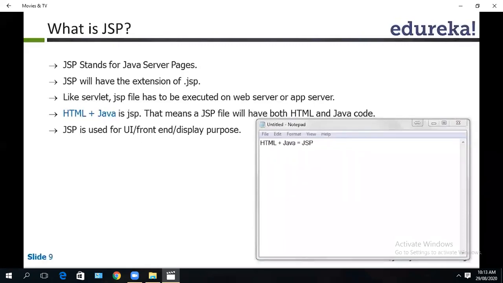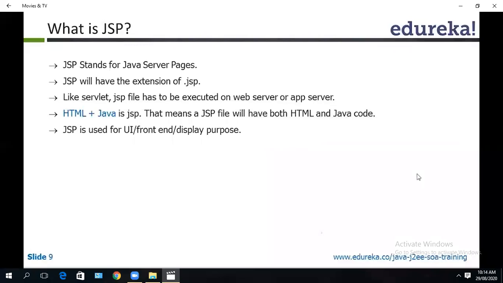Now the next technology after servlet is JSP. What they did is they removed everything, they said, why should I write 3 files? I'll write only 1 file. The UI portion is in HTML, the business logic is in the Java file. Why don't I combine these two? Now HTML and Java are combined, and you need not write web.xml. So all the 3 files are merged into a single file that is called JSP. JSP stands for Java Server Pages.